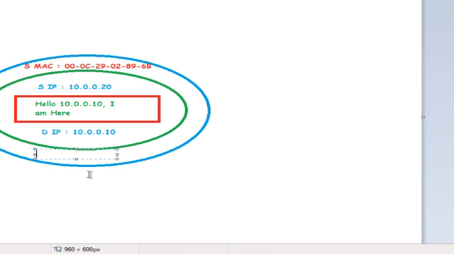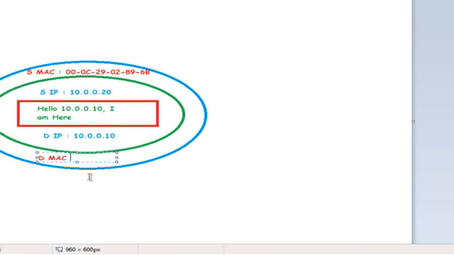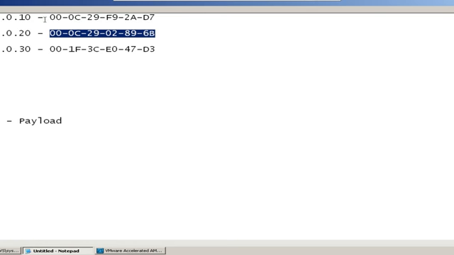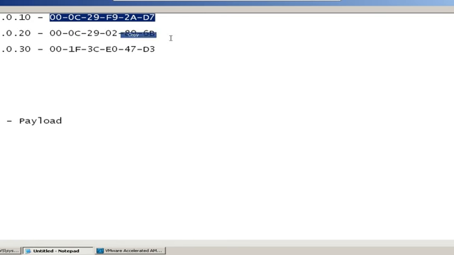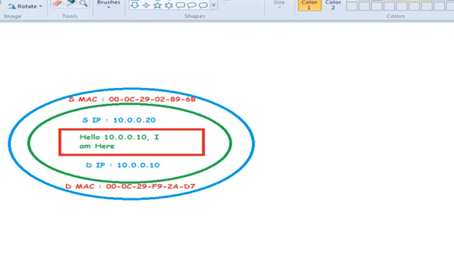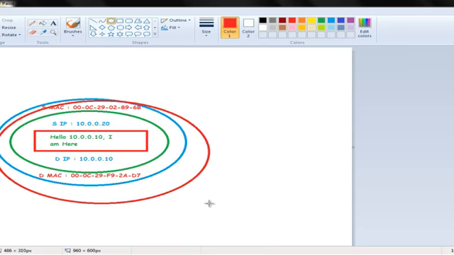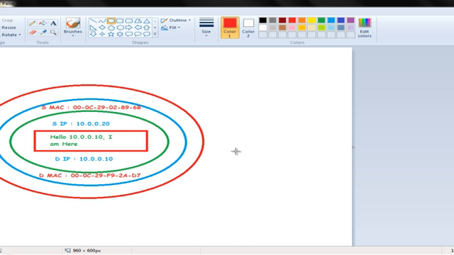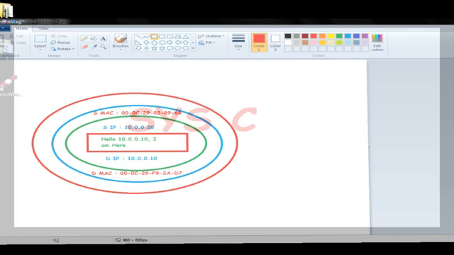and then the destination MAC address is going to be filled. Do we know 10.0.0.10's MAC address? Yes, we got the MAC address. We found it from the ARP table, because the communication already happened. Once the layer 2 header has been constructed, I'm moving on to layer 1. Layer 1 is constructed based on the physical medium on which the data is going to be sent. Once the physical layer has been constructed, it is sent